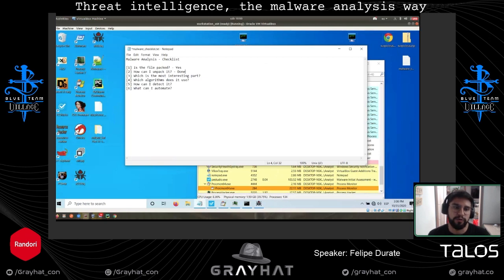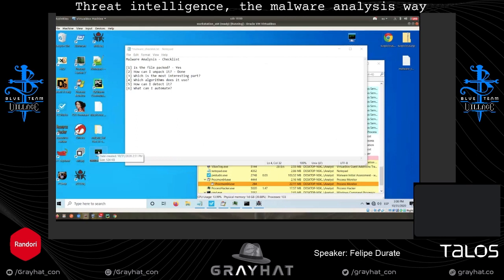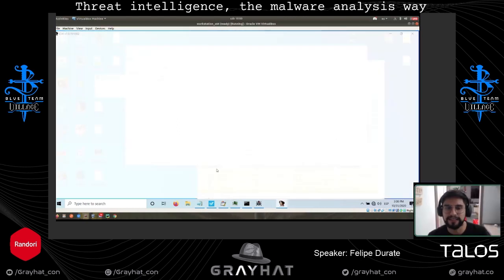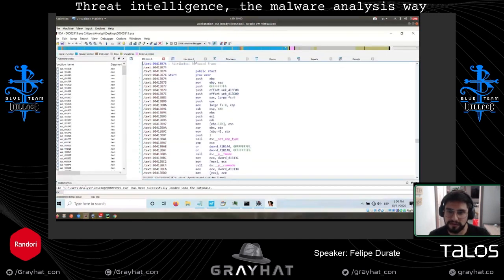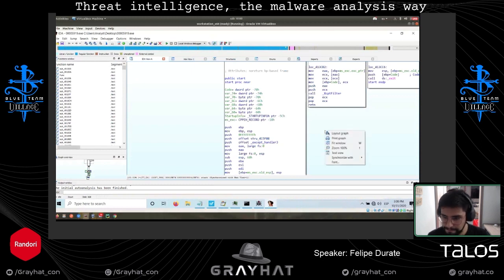And this is the third question. Which is the most interesting part? Which is the thing that I can handle now? Or which is the part that I will focus on at this point to understand? So we have here the sample, packed. We are going to do just a basic static analysis in IDA, nothing really sophisticated. We are going just to look for the strings, okay?